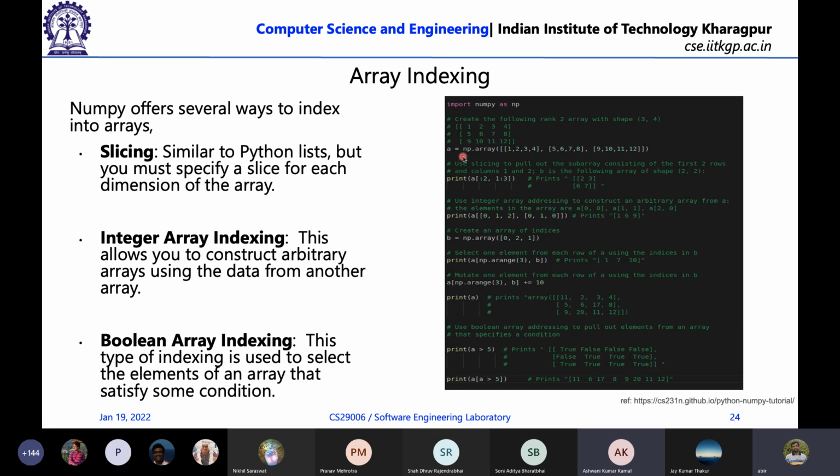Okay, so use slicing to pull. This is to create an array where you have 3 rows and 4 columns. So 1, 2, 3, 4, 5, 6, 7, 8, 9, 10, 11, 12. This is how you create it. Now use slicing to pull out the